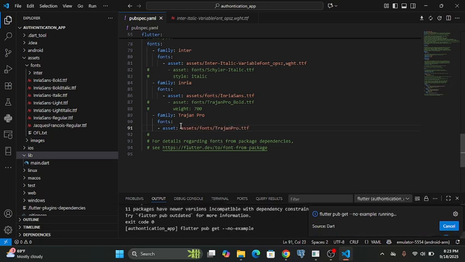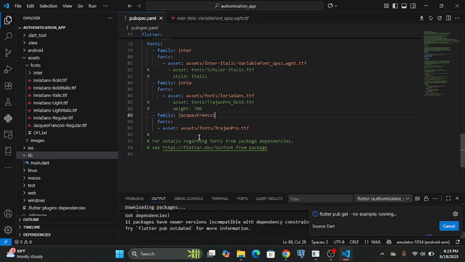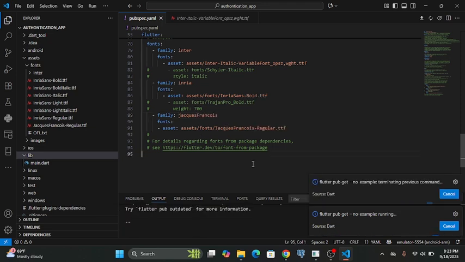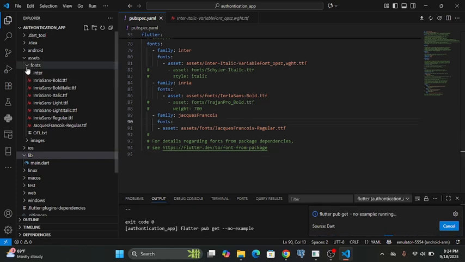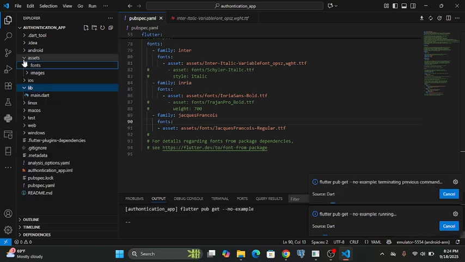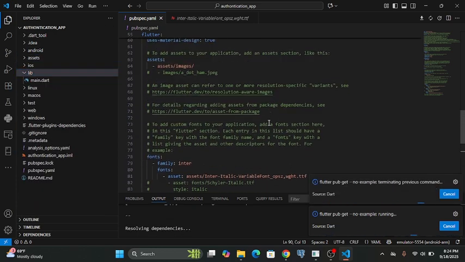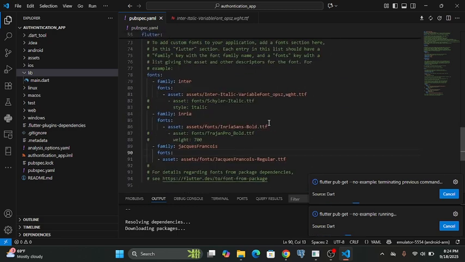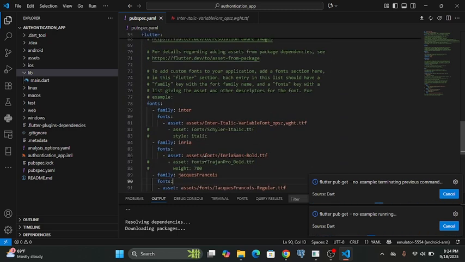Yeah, and then we'll use Jacqueline Francoise font family. So finally, our fonts come. And then next,